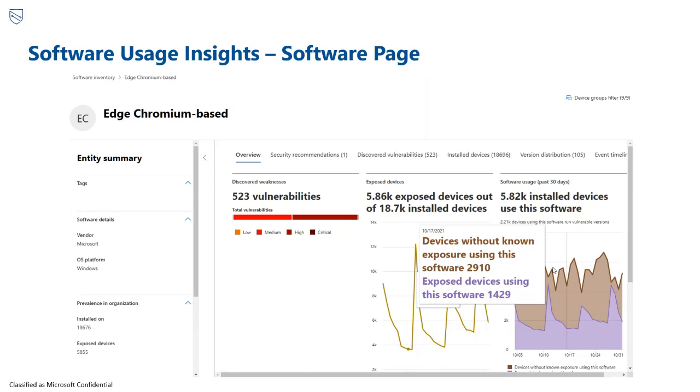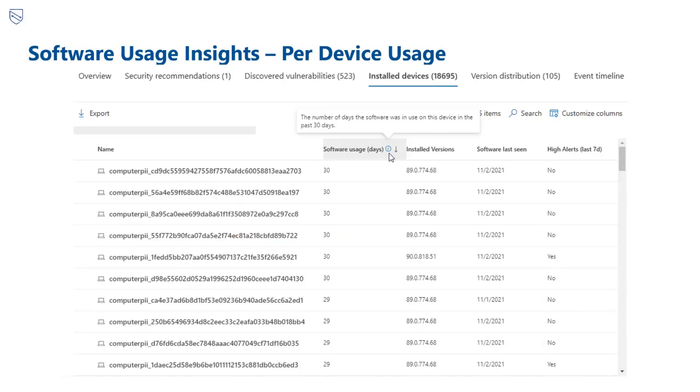By drilling into a specific application, customers can determine how many devices are using this software actively, as well as how many devices are using vulnerable versions of the software, which shows as exposed devices. And this usage is shown in graph format over the past 30 days in the software page section. Additionally, by going to the Installed Devices tab, deeper into the software page view, you'll be able